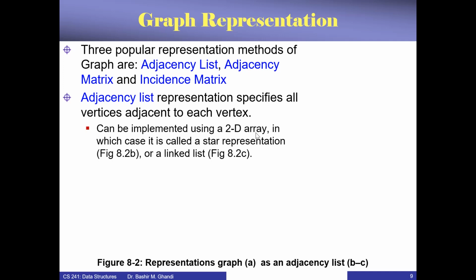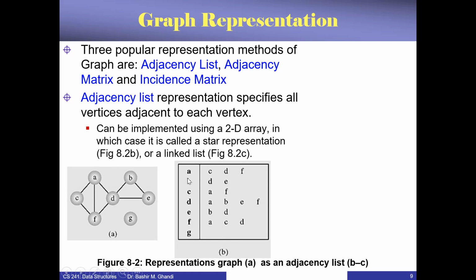Now this can be represented either as a 2D array, as you can see in this example. So consider this graph, okay, consisting of vertices A, B, C, D, E, F, and G. You can represent it using adjacency list, using a 2D array,